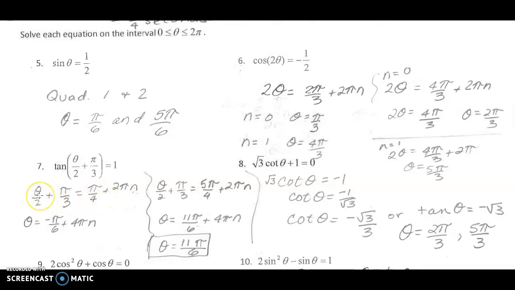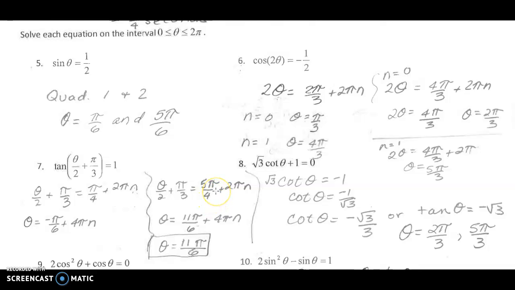Then we're going to solve for theta. So that means we're going to subtract pi over 3 from both sides, and then we're going to multiply both sides by this 2. And when you do, ignoring the 2 pi n and ignoring this plus 4 pi n, you get theta equals negative pi over 6. That's one possible solution. Over here in this branch, over here on the right side of the squiggle, the same